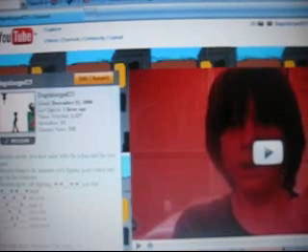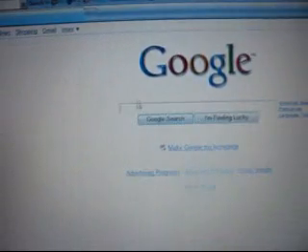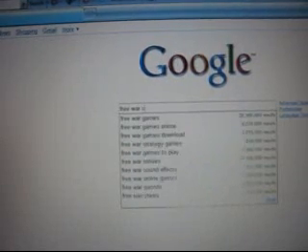Okay, first thing you want to do is go to Google. Then go to the search box and type in the special effects you want. For example, I'm going to type in war sounds because I like sounds of war, I guess. So I'll type in free war sound